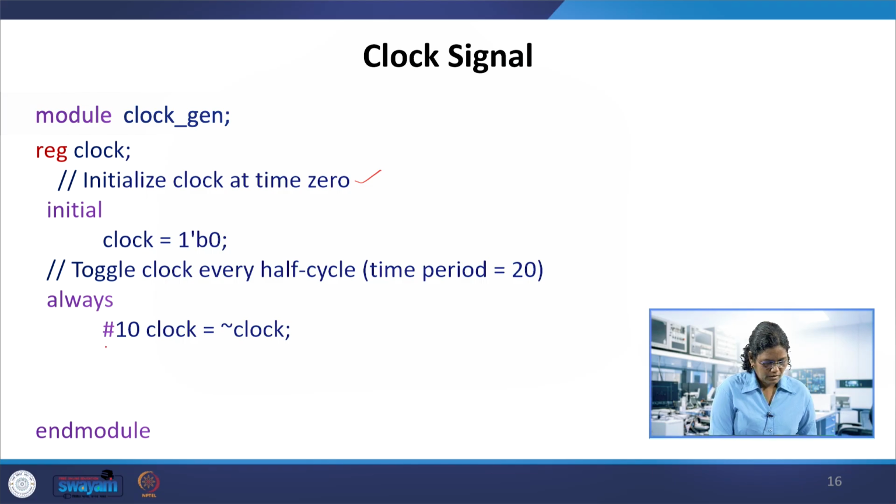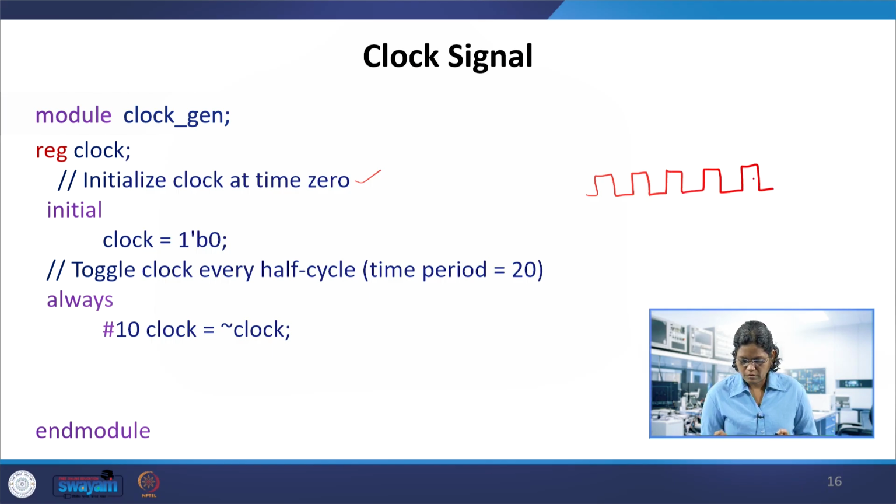How do we usually generate the clock signal here? This is the time period of the clock. The signal is called clock, it's a variable. Don't forget to declare it; this is in the test bench anyway. Clock is a reg, and this clock is used inside the always block.